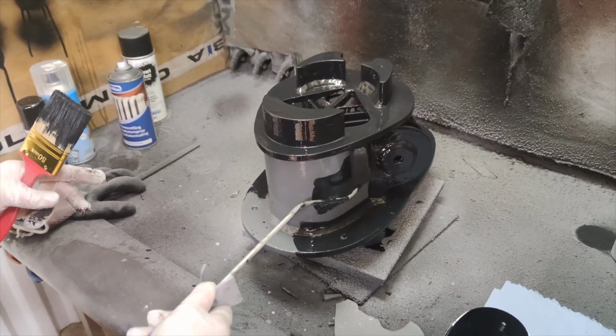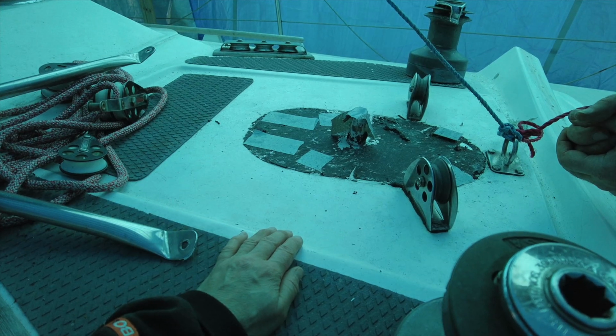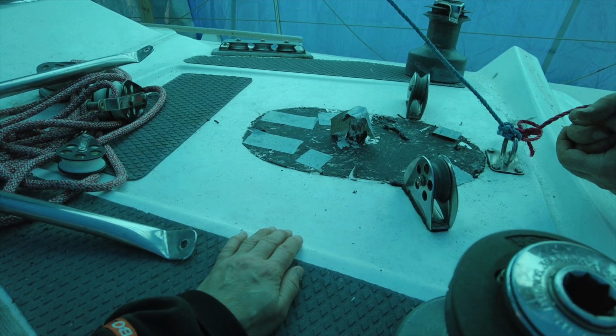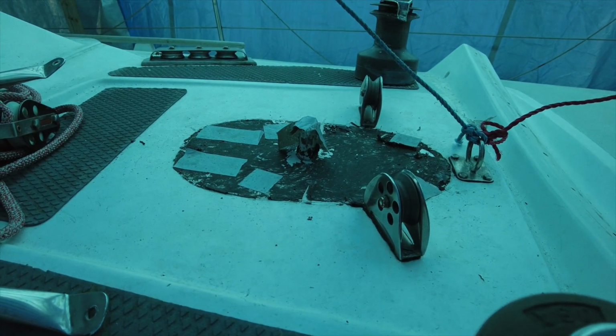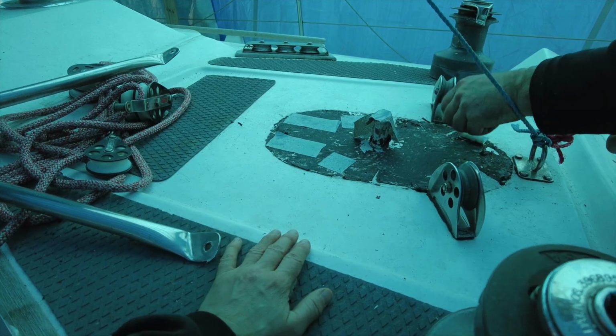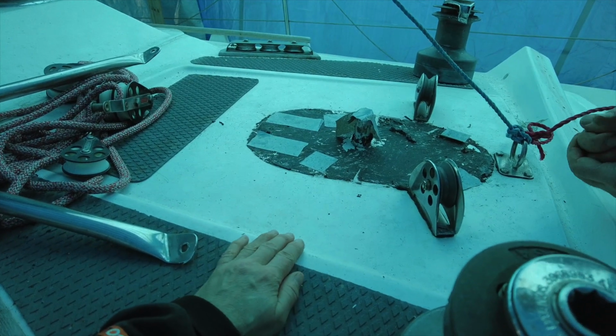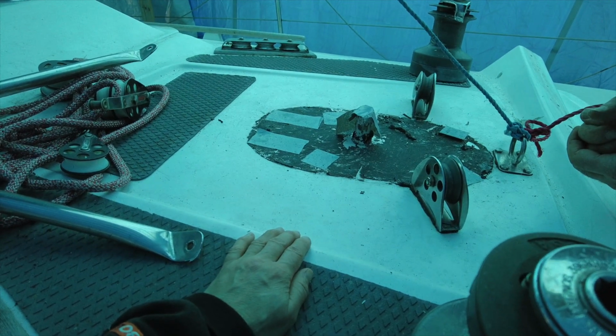In an earlier episode we took care of the mast foot, and in this episode it's time to give the surface under the mast foot a little refresh. We talk about if we will do something with the gelcoat before we put the mast foot on the right place. Because we have done